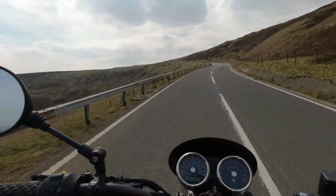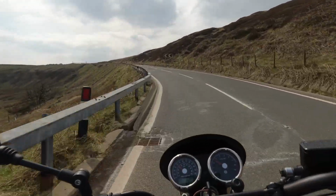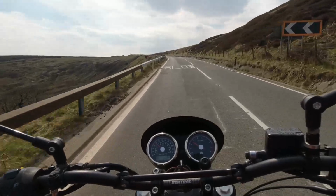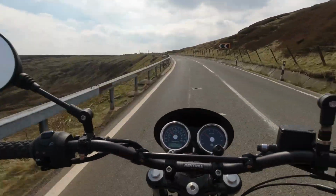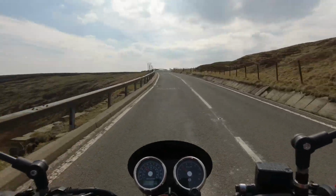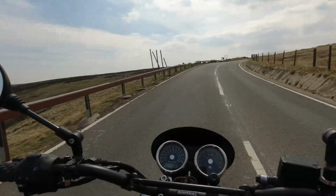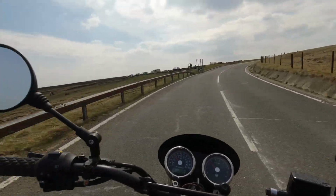So I might investigate that a bit, and potentially some emulators. On the rear, I really like the look of the standard shock, so I'm a bit caught with those. I'm just going to keep putting up with those for now. I might even look at just spacing them to raise the bike a bit more, but the only problem is